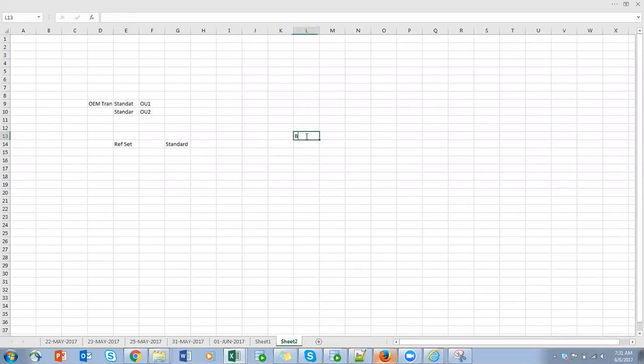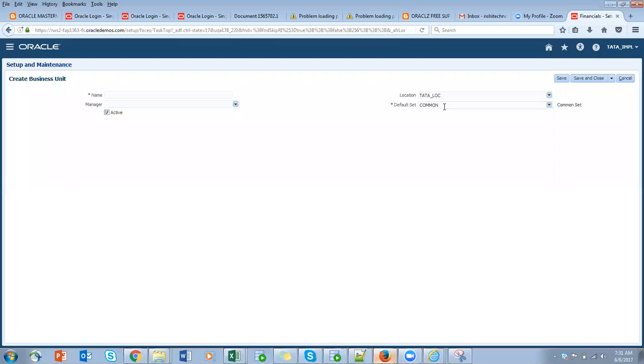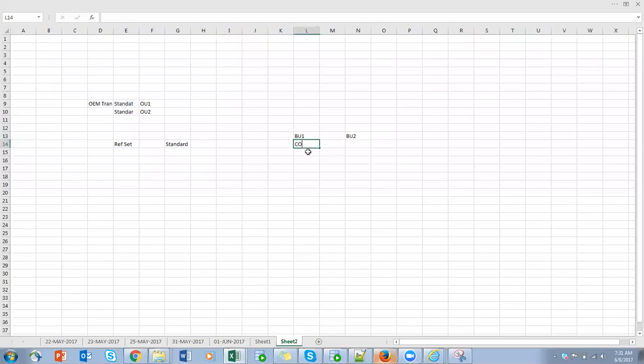See here, I am creating BU1, BU2. While creating business units, I will assign the reference set as common for both. And I have one more BU3. Here I created one new reference set, let's say new. So I assigned this reference set to BU3. So that means one